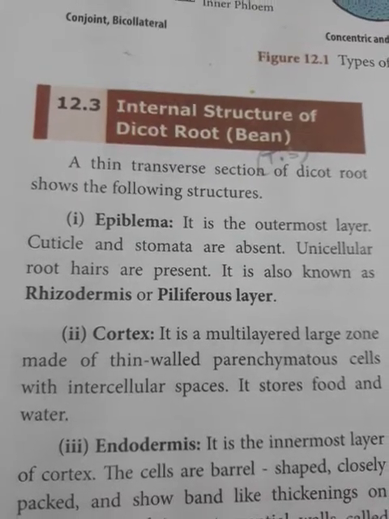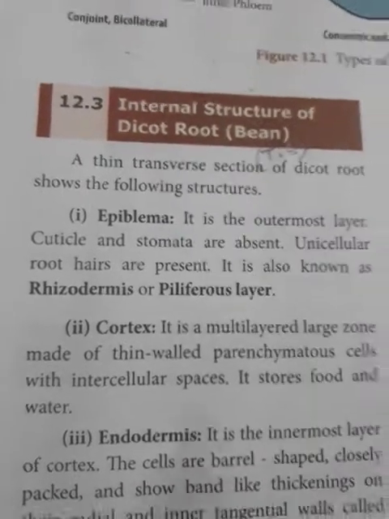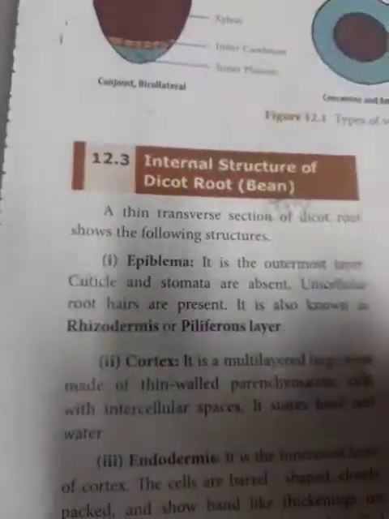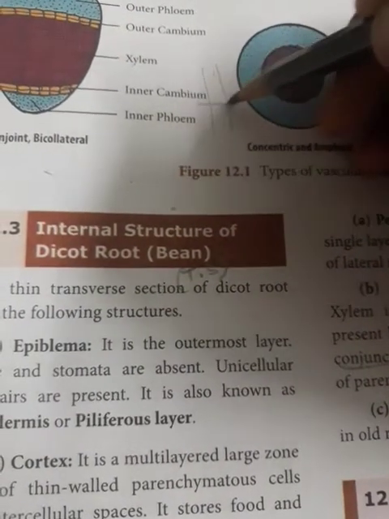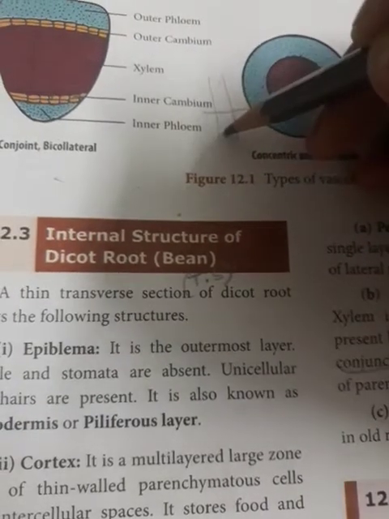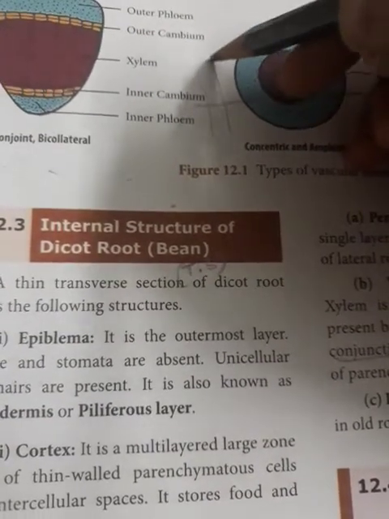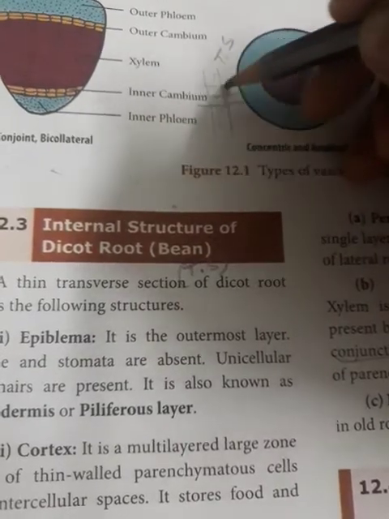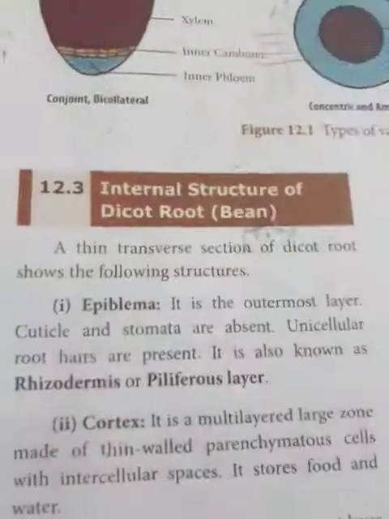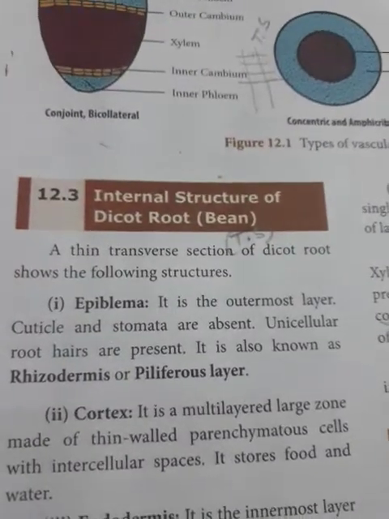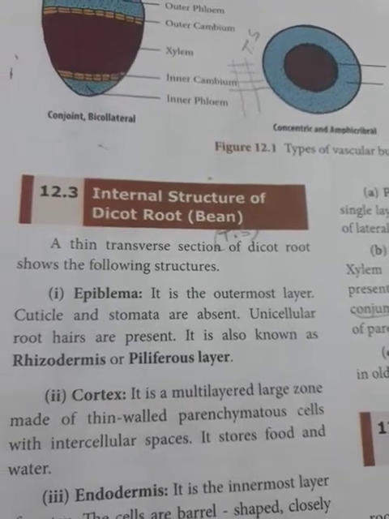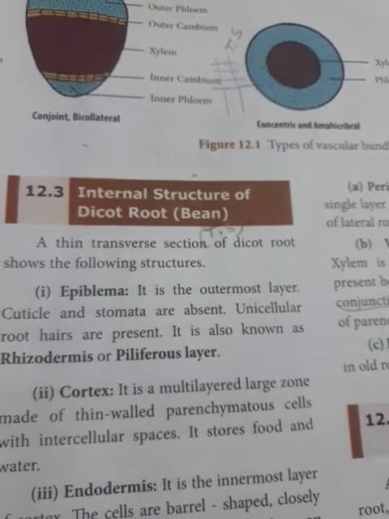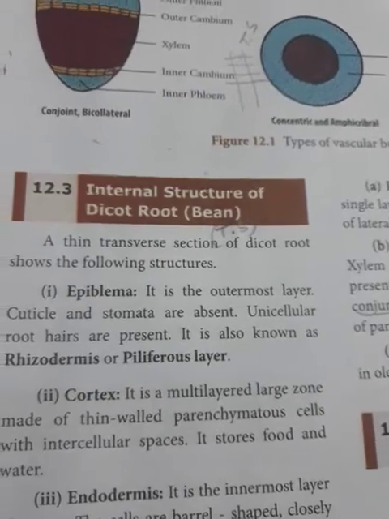Now, if we cut the TS, transverse section. What do you mean by transverse section? Now I will show you. If this is the root, this is the long axis, and if we cut the section at right angle to the long axis of the root, that is called the TS. So like this we will be cutting the sections. Transverse section is nothing but the section when we cut the root at right angle to the long axis.